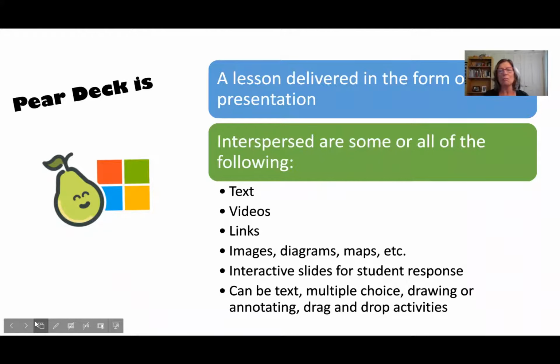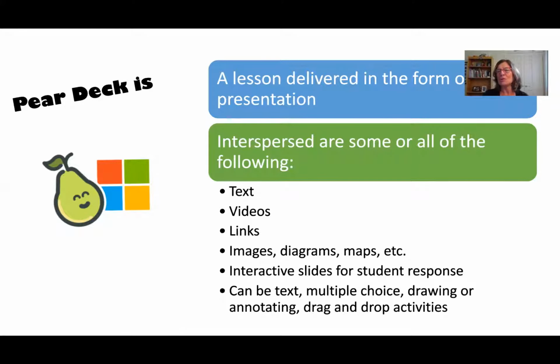So many of you may have presented with PowerPoint or Google Slides over the years as you're teaching. But you know that sometimes a PowerPoint presentation can sort of turn into a chalk and talk type environment where you're doing all the talking and students are looking at your screen and dozing off and losing interest. And you have to do everything in your power to keep your kids engaged and excited about your lesson. So what Pear Deck allows you to do, it allows you to keep a much more active learning environment,